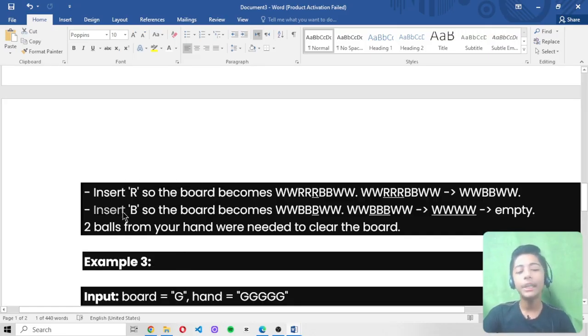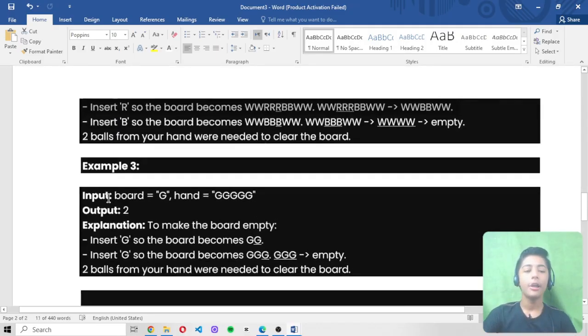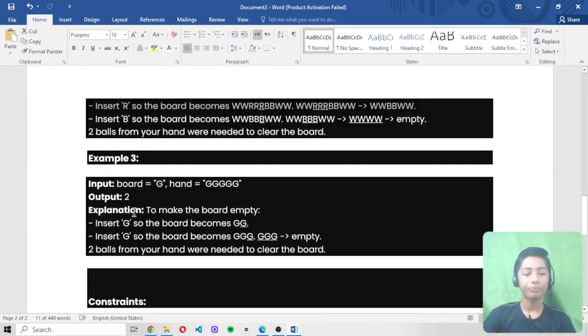If you insert B, the board becomes W W B B B W W, which goes to W W W W, which goes to empty. So there are two balls from your hand that were needed to clear the board. That's what the output has been.